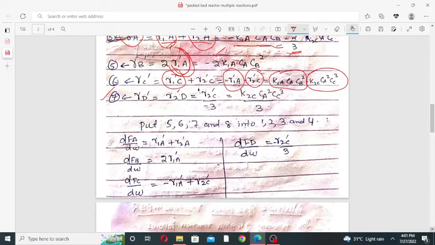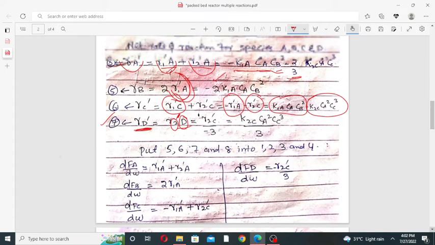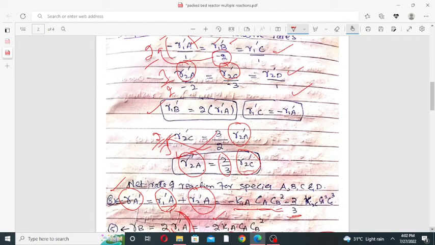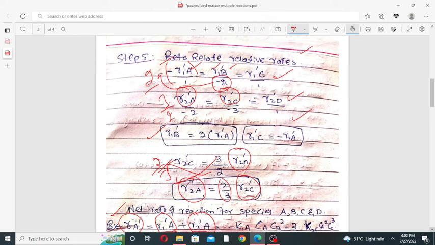So in reaction number 1 there is no component D, but in reaction number 2 there is component D. So the rate of appearance of component D in the reaction number 2 is R2D dash. R2D dash means the rate of appearance of component D in reaction number 2, and this dash is for packed bed reactor, and it is equal to R2C dash divided by minus 3. So R2D dash and R2C dash can be related by this one. R2D dash is equal to R2C dash divided by minus 3, and the value of this R2C dash